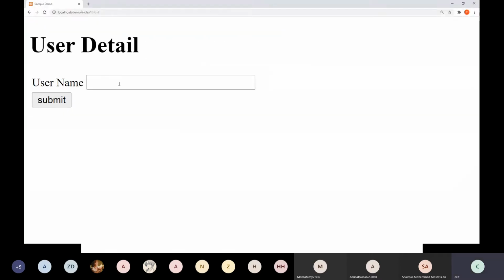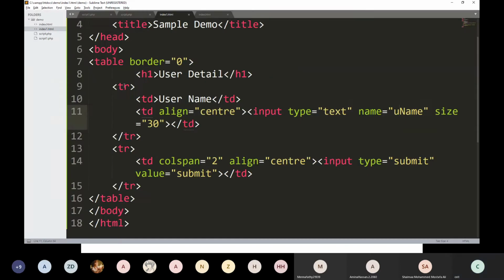Then what I want is, when the user gives the name and clicks submit, it will go to the script1.php page and check whether this name matches with the name we are matching, then it will say welcome this user. Normally we match with the database, but now I will show you how to get the detail from this form and match it and write the if else.